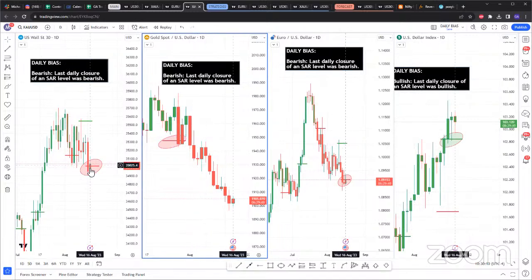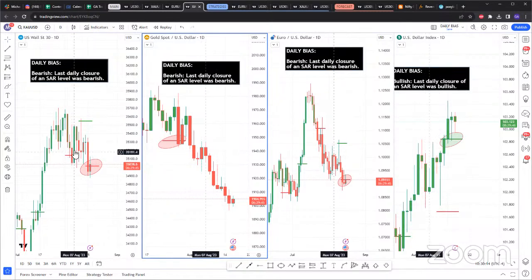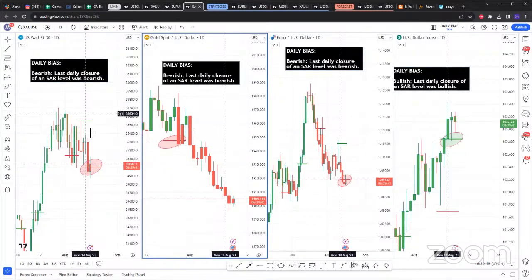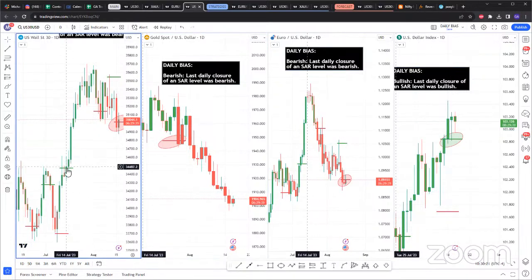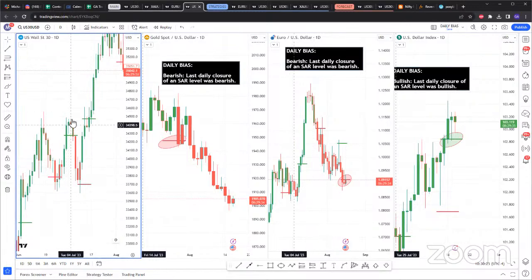So same thing as US 30. If I had a bot right now, I'd just be taking sells on US 30 this whole time, since US 30 gave this sell right here. Sells only this whole time. This time it closed above here, buys only this whole time. But keep in mind again, you need to survive such a retracement. And this one on US 30, 34,429, it's a 300 pip drop, so not too bad. I've seen worse.